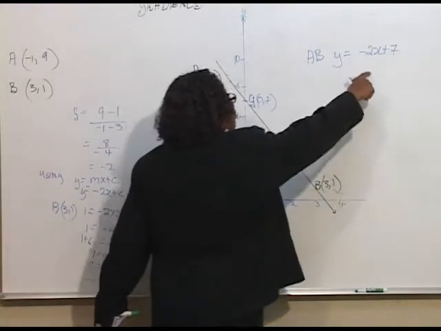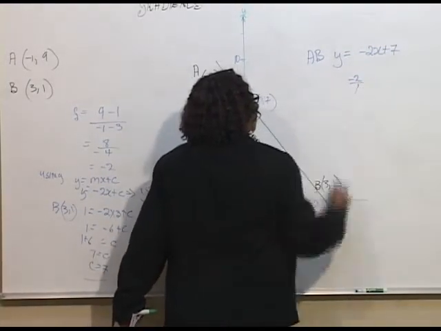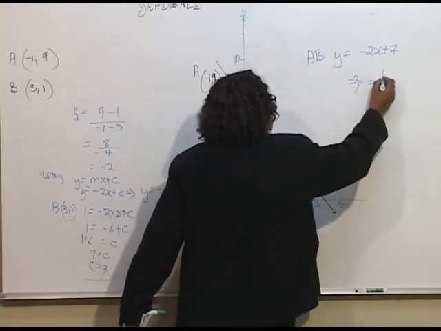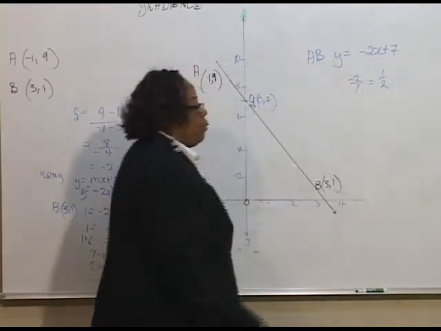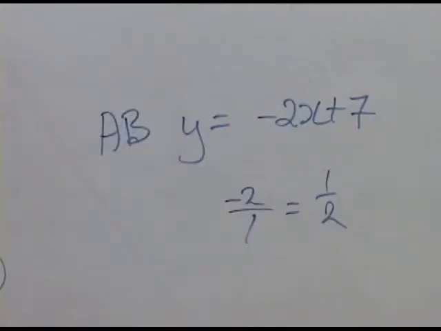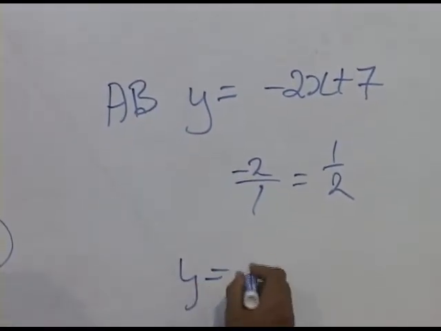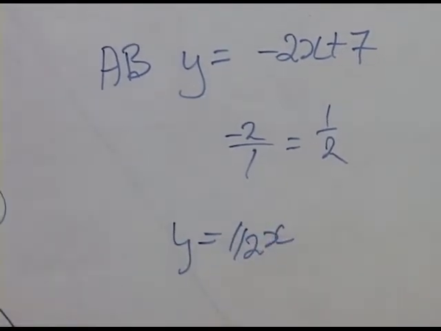And because we did a problem with negative 2 already, where we showed that it could have been written like that, turning it upside down would give us 1 over 2. Changing the sign would give us a positive gradient. So for any line perpendicular to AB, the gradient would have been equal to a half x,